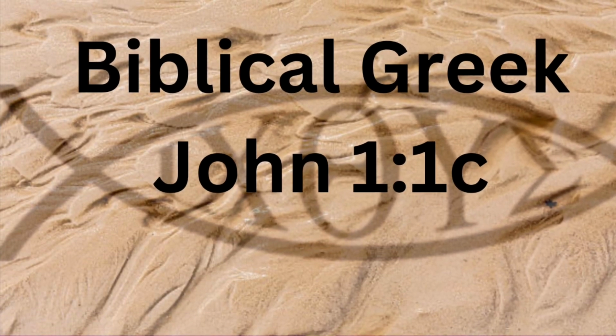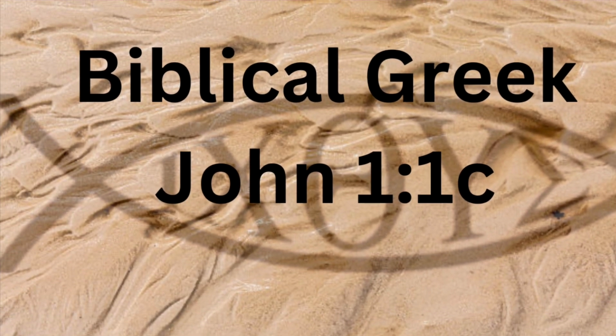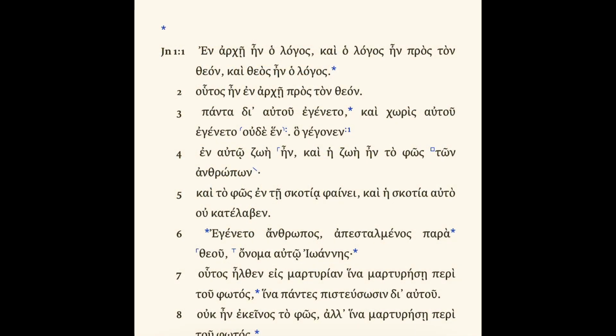Today we're going to be looking at John 1:1c and the Greek grammar of that particular text, as you'll see on the screen. This section of the text is "kai theos ein ho logos," and it's a theologically profound statement. One of the most profound statements in the Greek New Testament. Its Greek structure not only enhances our comprehension of the verse, but also enriches our appreciation for the careful and inspired wording of Scripture.